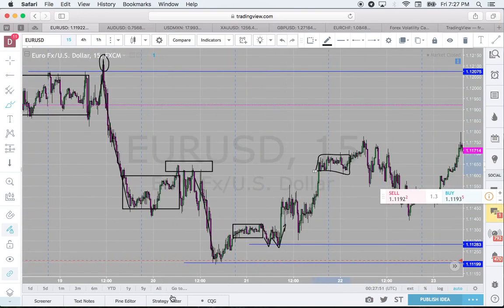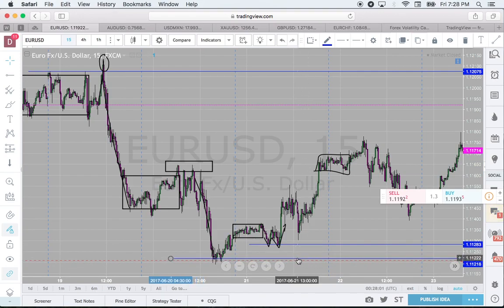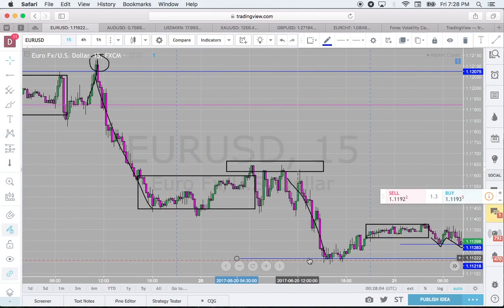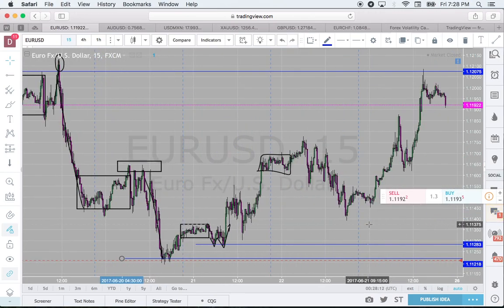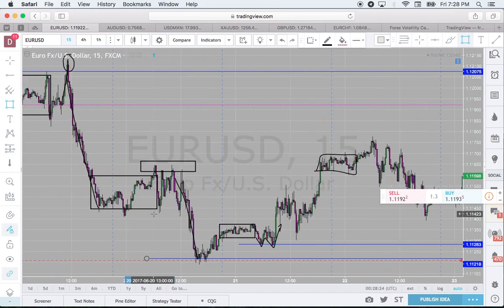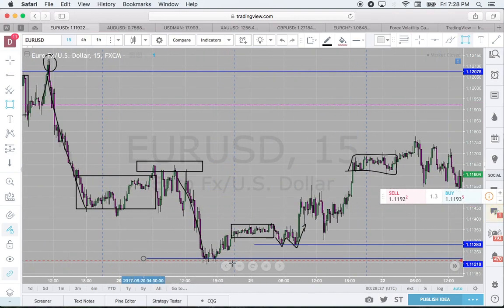So the weekly low, the low of the week, was not broken for the whole rest of the week. The dealer worked the low of the week here